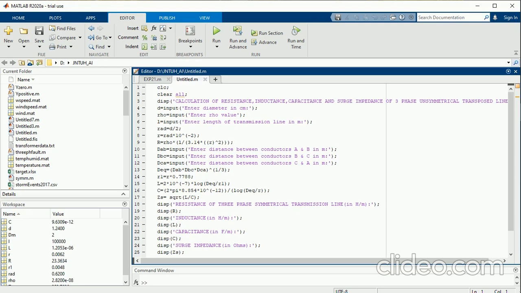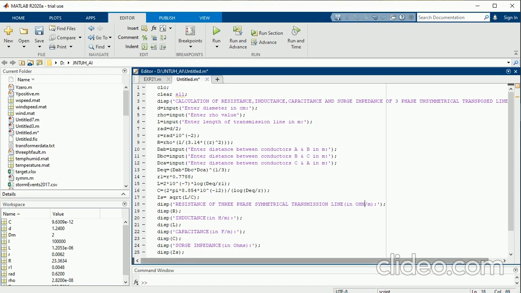Okay, effective distance or equivalent distance, or you may call it GMD. I'm calculating this. Since it is 3 conductors, it is a cube root, so I'm just taking the power of 1 by 3. Later I calculated the effective radius, and from that I'm substituting the inductance values. Please observe here, previously it is Dm, now I'm applying D equivalent, that means effective distance. Here in capacitance also I'm modifying it to D equivalent. I calculated all the things, and I'm just displaying the values, variables.